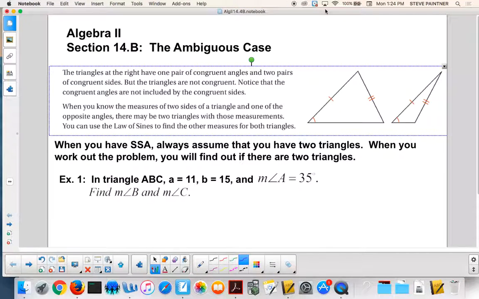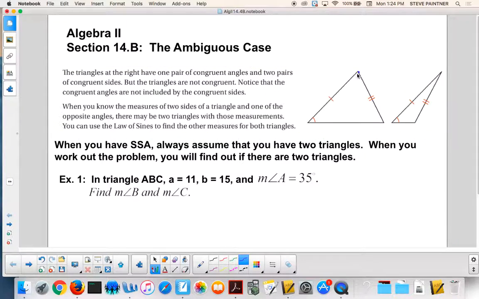Okay, so what do I mean by that? I mean this. If you read this paragraph, and I'm not sure if this paragraph is going to make a lot of sense to you, but it will in just a little bit. It says the triangles at the right have one pair of congruent angles. You guys see it? This is the same as